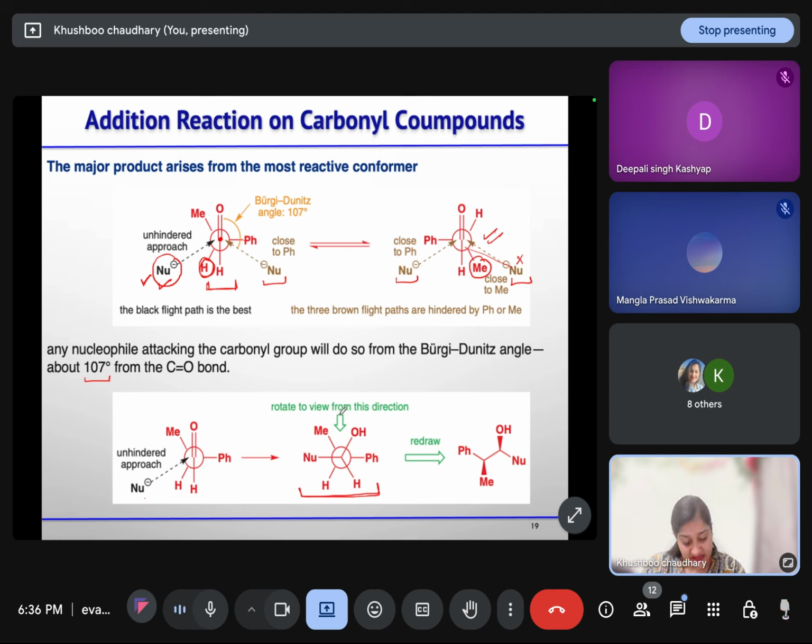Now this is the conformation after the attack of the nucleophile. So if we are seeing from this bond, your Ph and nucleophile. If we are keeping Ph and nucleophile in the plane, then your OH and methyl are towards your side. From the side you are visualizing the model. So this implies this OH and methyl is towards you or above the plane, beta. Okay. Yes, ma'am.